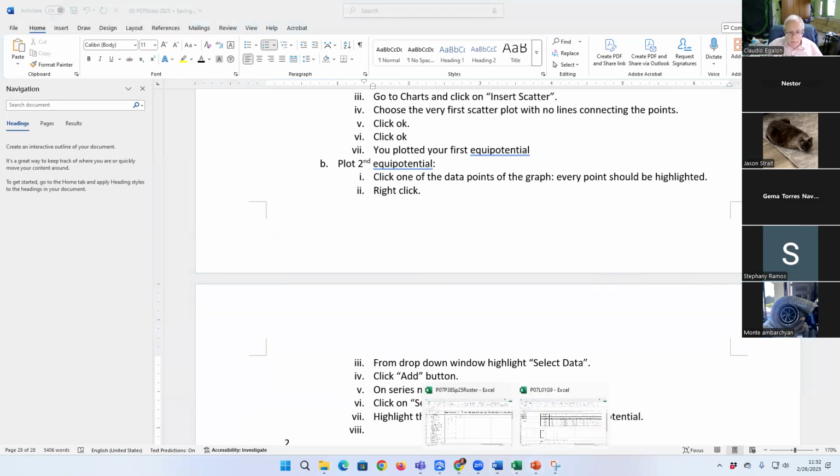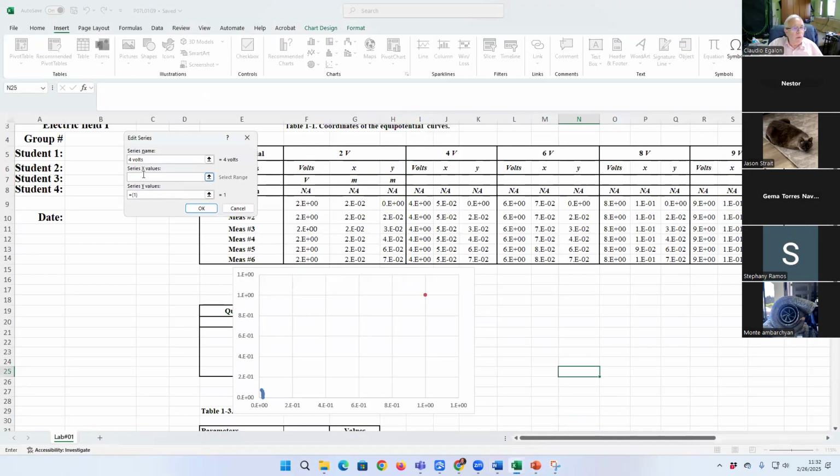And that's what we're going to do here. Everything has been highlighted. Now, the coordinates of the points in the cells are highlighted. Next,